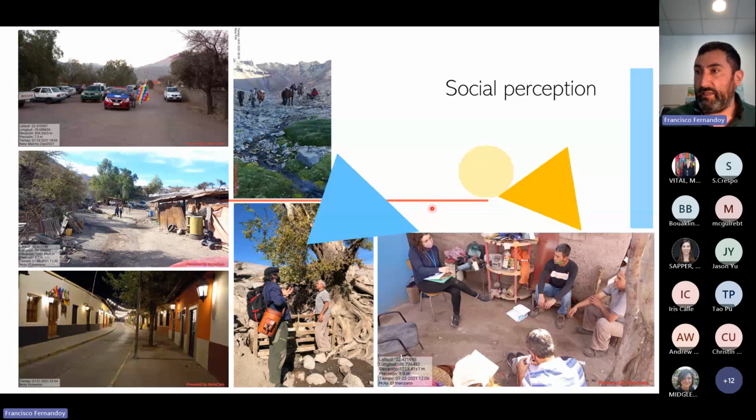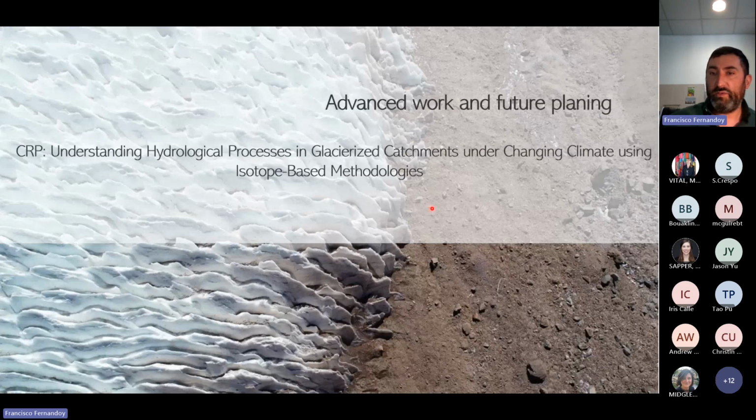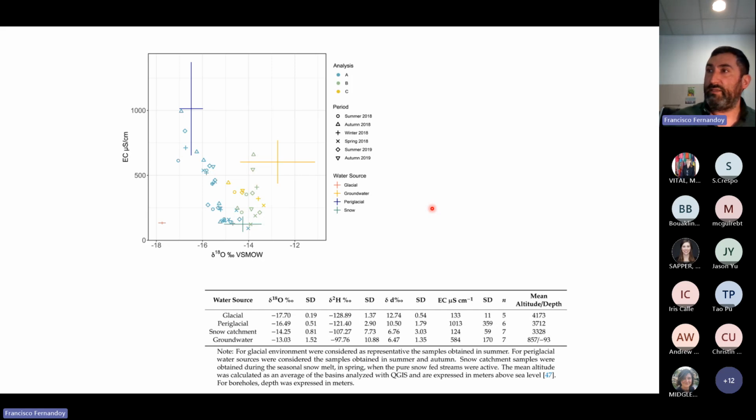This has been carried out in different areas in the mountains here on the Chilean side, and this is something that we now want to go more in depth with in the present project that we are working on. So our plan is to use stable isotope techniques combined with chemical data to try to understand, like in this example, again for the Aconcagua Basin, how important